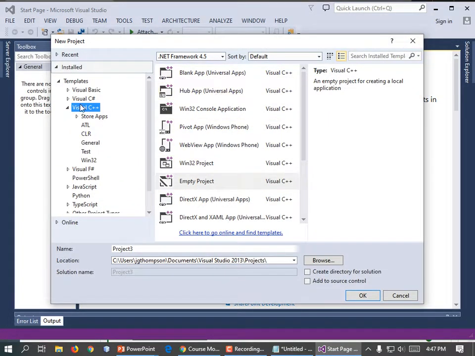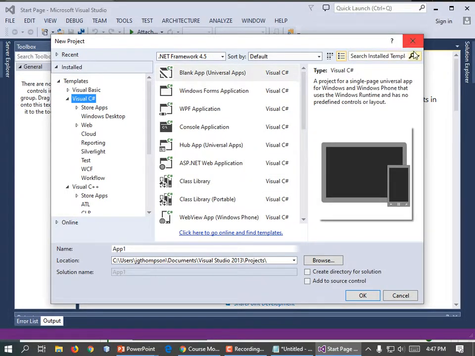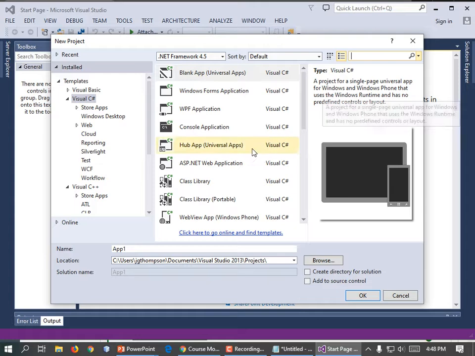So I need it to be a C#. You know how to do these. We're not going to do anything fancy with a GUI, so just choose a console app, of the various console apps. We want the one